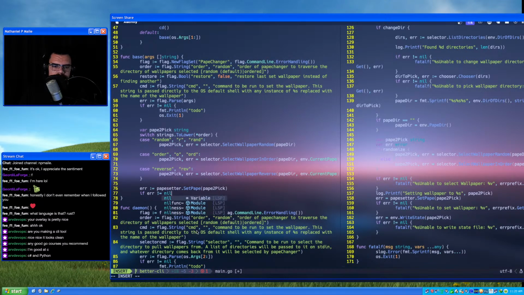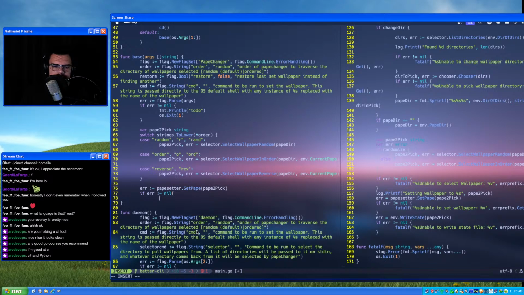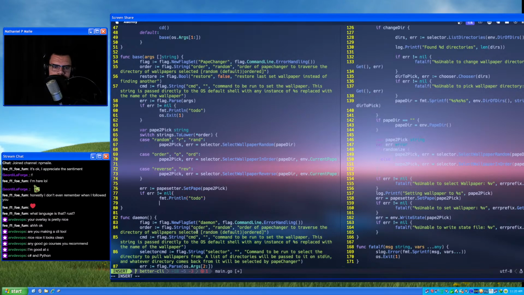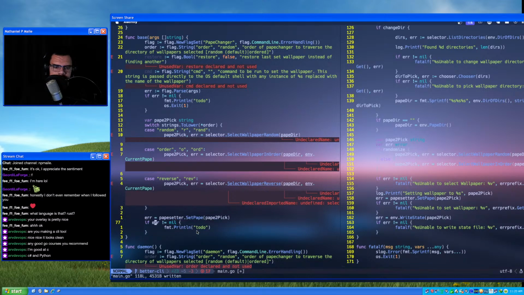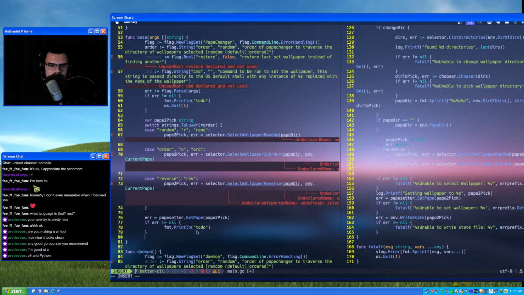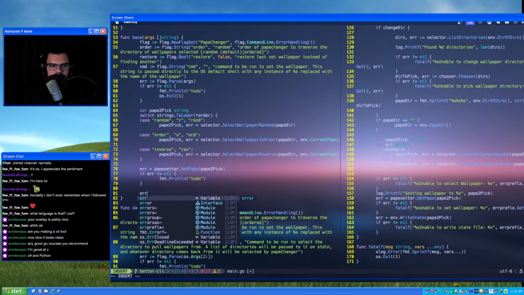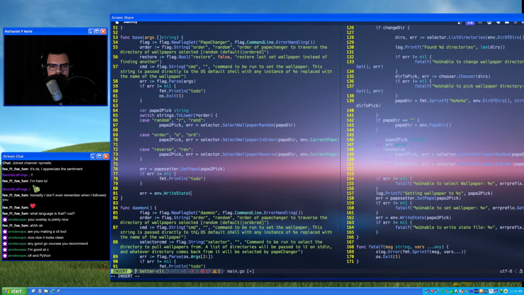Not equal to nil. We'll say fmt.Println todo. And then we need to say error equals env.WriteState(papeToPick).